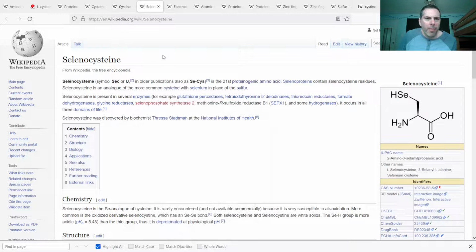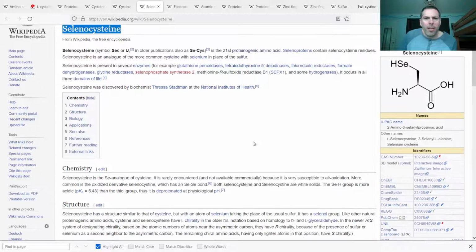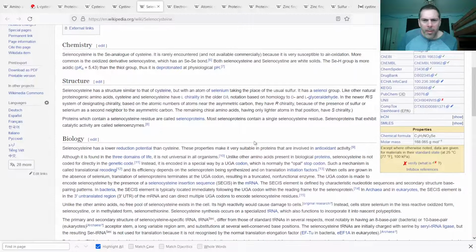Yeah, that's everything. I was going to mention that selenocysteine is kind of a special case where you have this UGA, which is normally a stop codon, and there's a process to override that, so that during a specific translation process a selenocysteine is put in that spot.